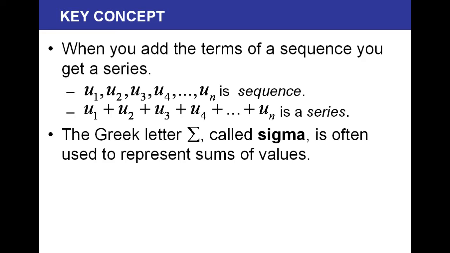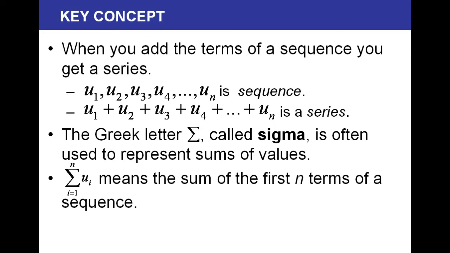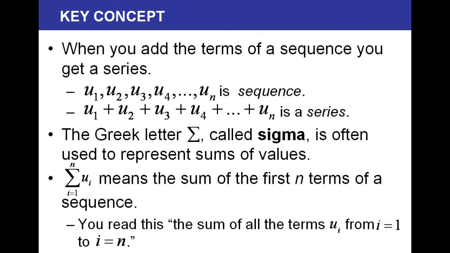The Greek letter sigma is often used to represent the sum of values. So if I want to tell you to add up a sequence, I will use the sigma notation. This means the sum of the first n terms of the sequence. It's read as the sum of all the terms u sub i from i equal 1 to i equal n. So that's saying take the values of u sub i starting with 1 and going up through n and add